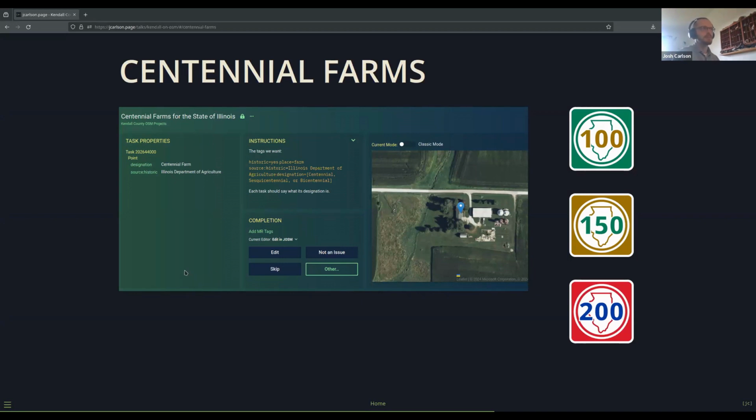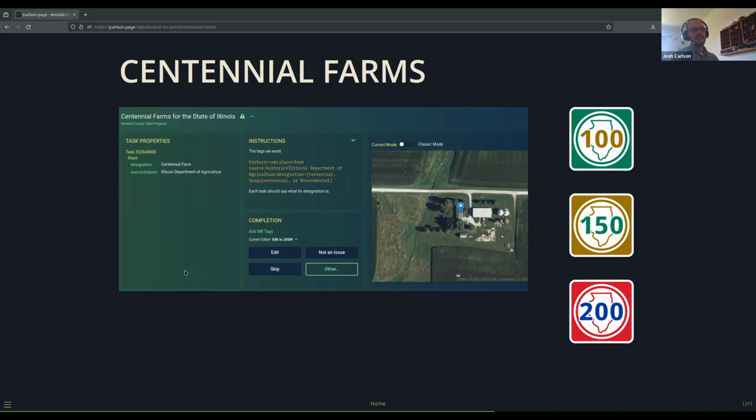They gave us an Excel spreadsheet, and we were able to geocode that, and then get those points added to OpenStreetMap. And after we did that, we thought, well, these are kind of cool features. These are historic places that are in the state, and they are signed. They don't look like this. These are just my icons that I made that would be a little simpler to use as point symbols. But they do have signs. If you visited these farms in person, they might be posted, so they're verifiable things.